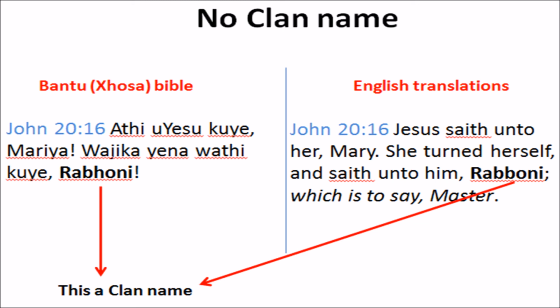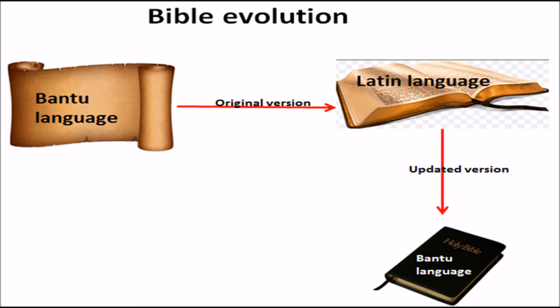That's a Xhosa behavior. When you are addressing somebody in a serious note, you use a clan name. But the English translators don't have clan names. Now it was in Latin at the time, because Latin is the language that was ruling at the time. So the point I'm trying to make y'all understand is, first of all, the original text was in Bantu language, but you will not read the Bantu Bible right now and think you are reading the original text. That's what I need y'all to clearly understand, that the Bantu Bibles we got today have been